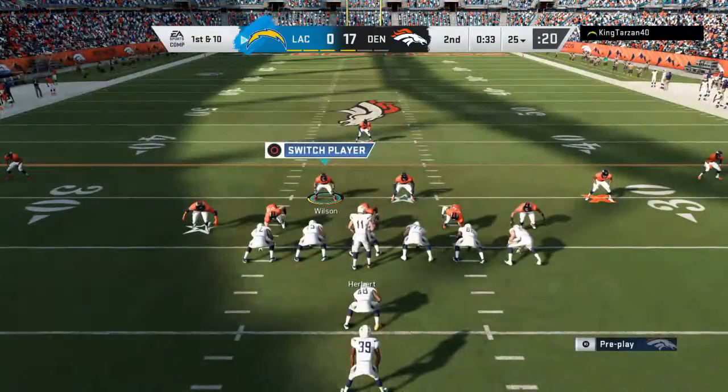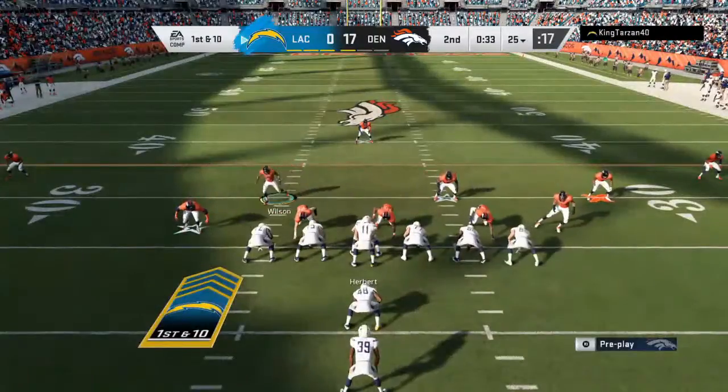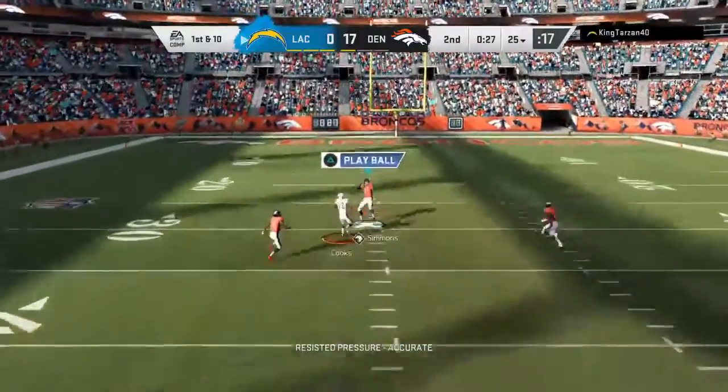The Charger drive about to get going. Well, look at the clock here. You're inside of a minute. First half hasn't gone that well for you. How are you going to play this drive? Well, I've been told by my coaches previously that the intelligent approach...